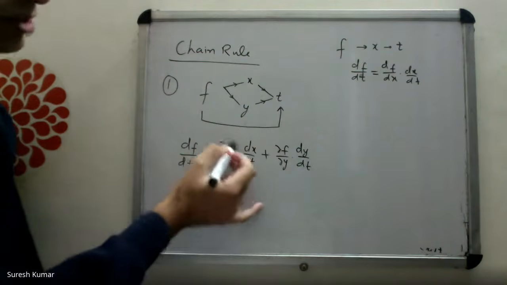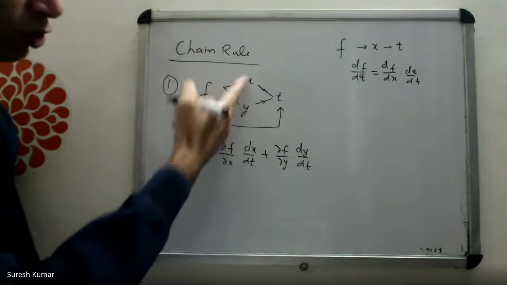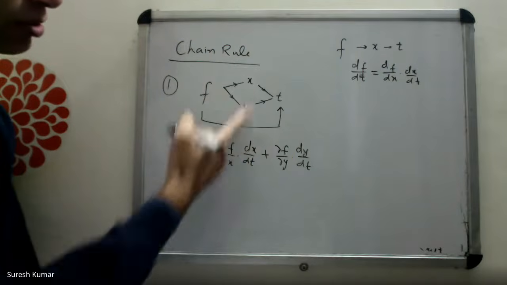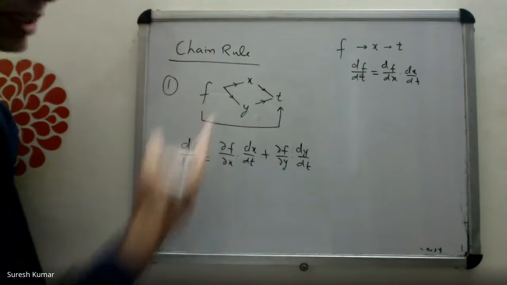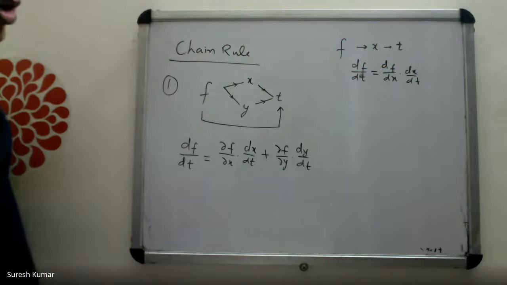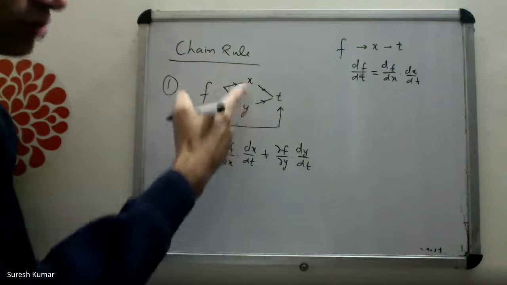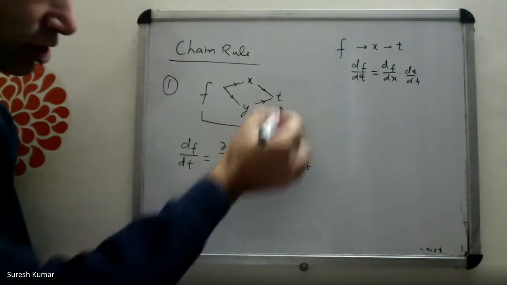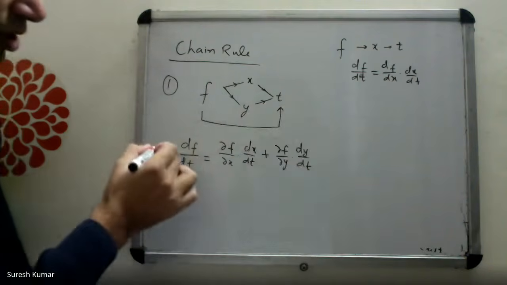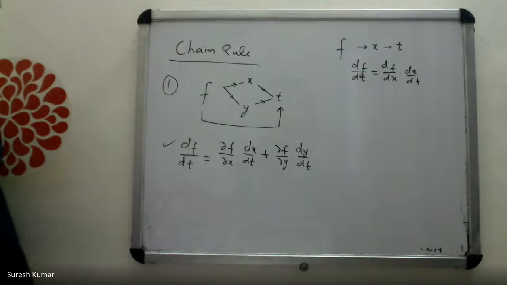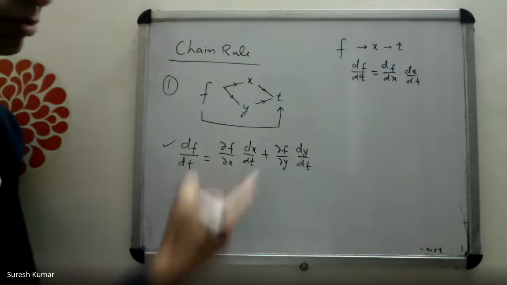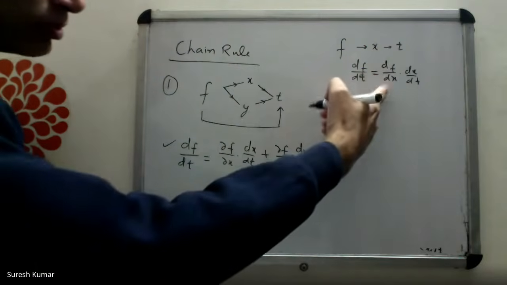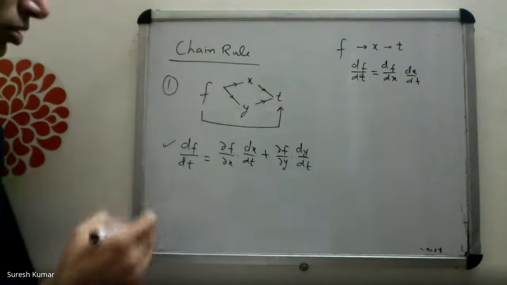Here I am using partial derivatives. Why? Because f depends on more than one variable. But for this, I am using total derivative. Reason is that x depends on a single variable. When dependence is on a single variable, it's an ordinary derivative. If dependence is on more than one, use partial derivatives. Here total derivative because finally f depends on a single variable t. That's why total derivative. It can be proved easily, but we will not do the proof. Just accept this result. Think like this: this is extended to the case of two variables.